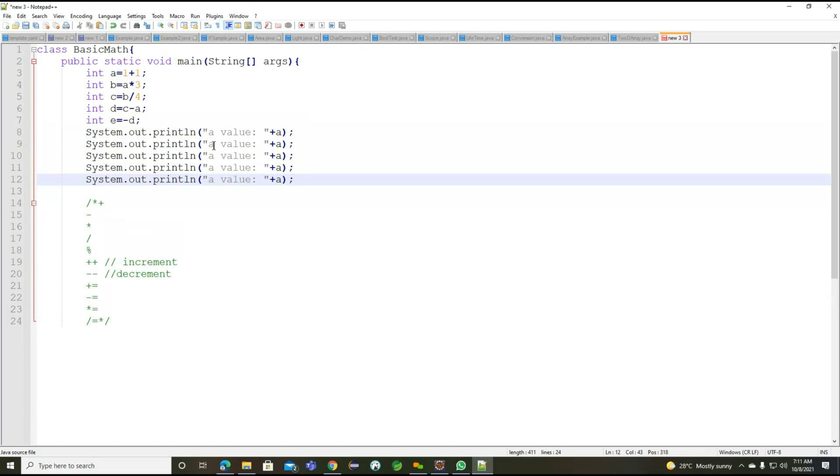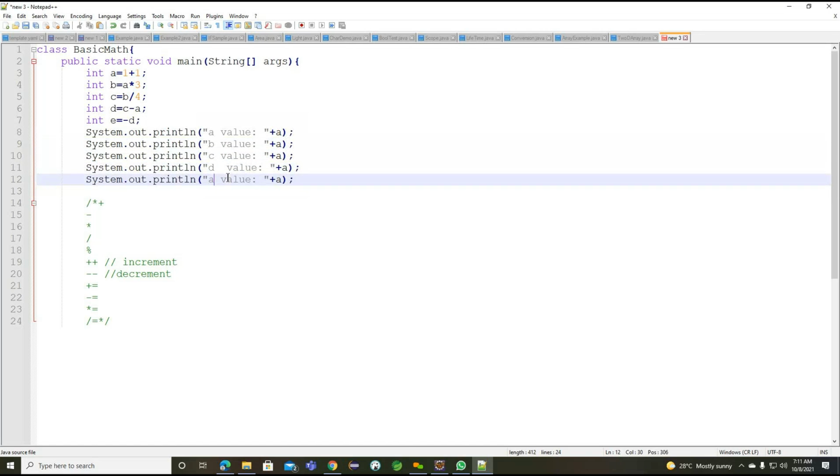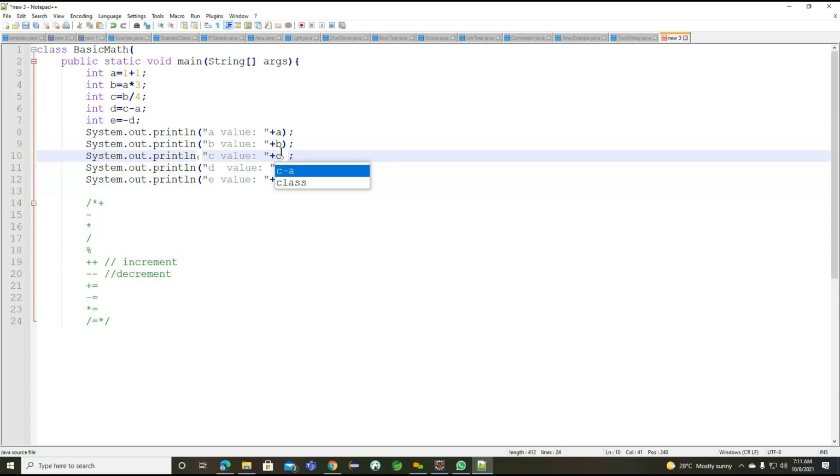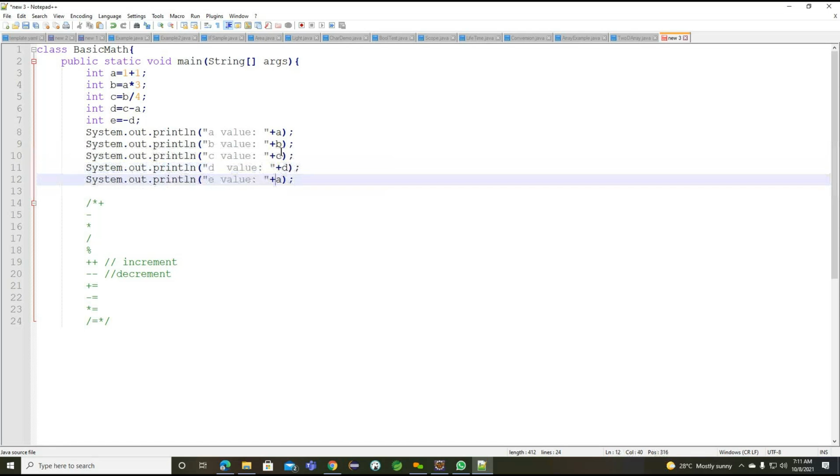So these are the basic values I'm going to print here. A, B, C, D, E, right? And here also we need to change. Getting the point. So this is the basic example we need to understand.